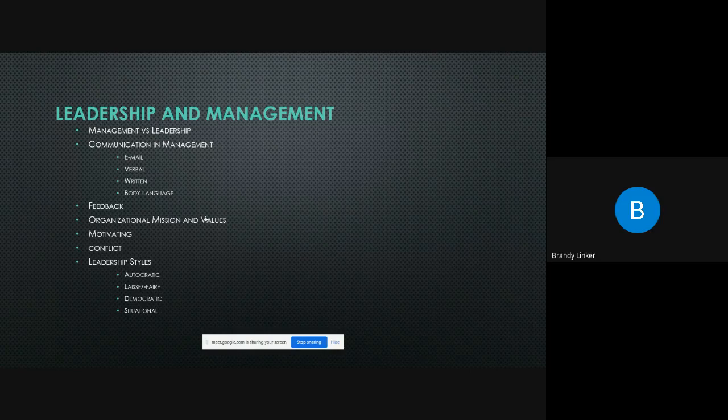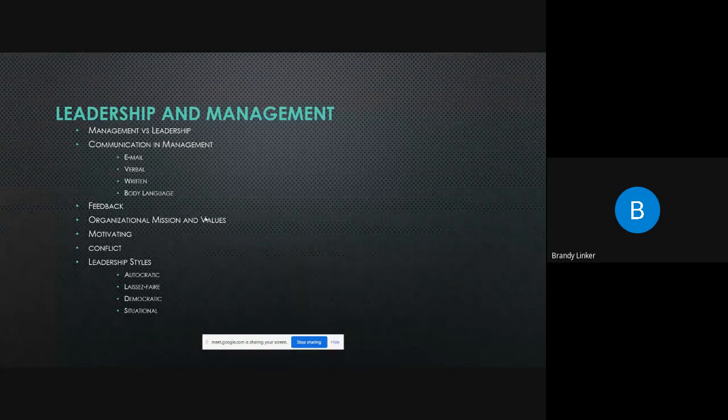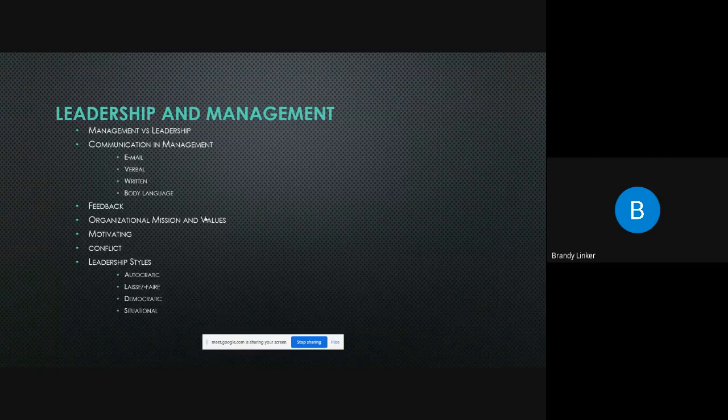An organization's mission and values, okay? A mission is a statement that kind of gives a good overview of what the organization wants to accomplish. And then the values are going to be like specific characteristics and traits that this organization aims for. So Baptist Health has, its mission is to provide excellent health care to Arkansas and the surrounding areas, okay? And then values are things like your